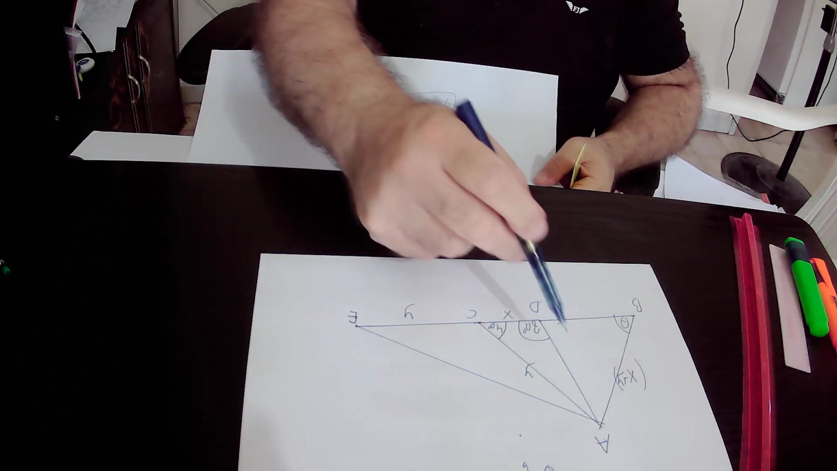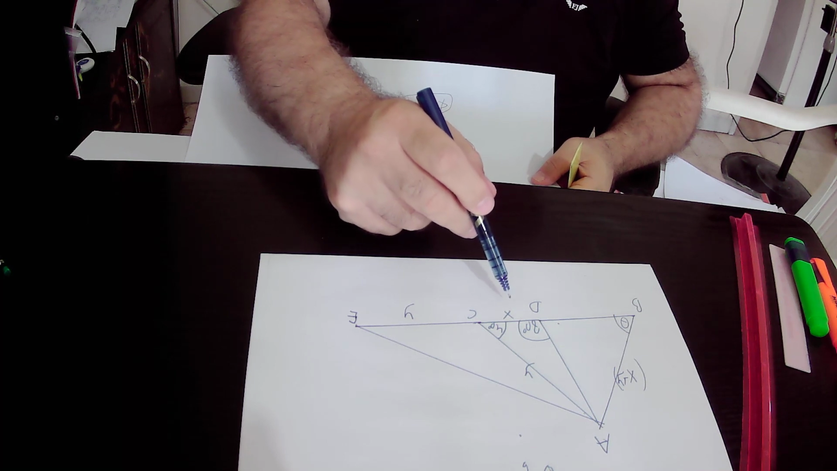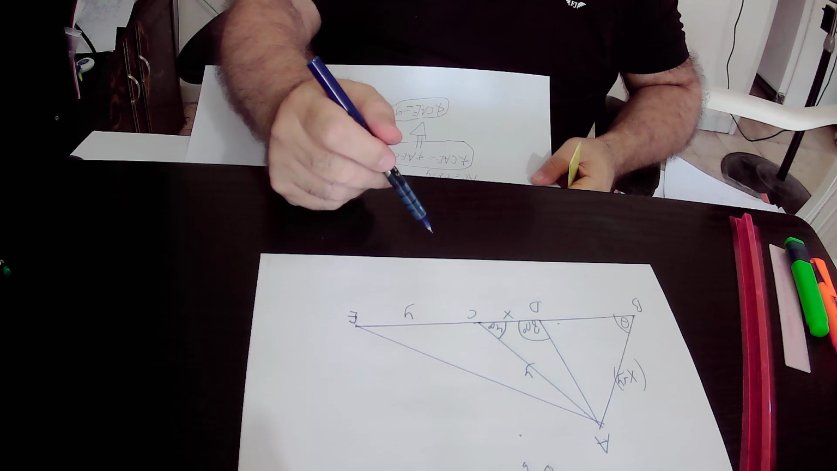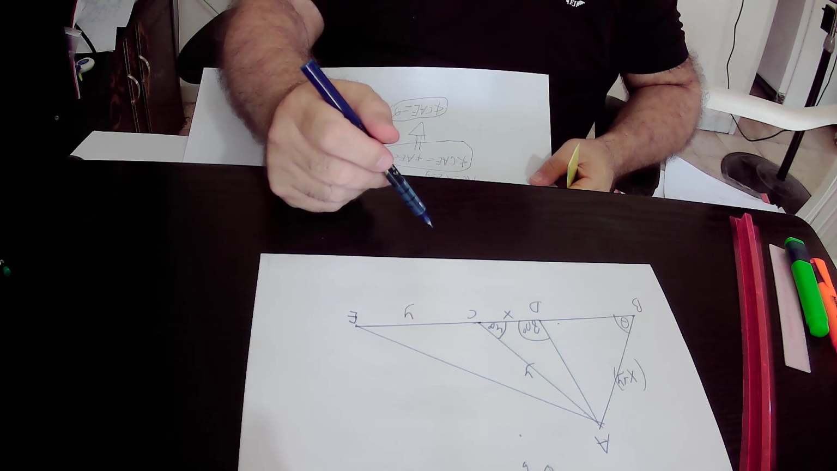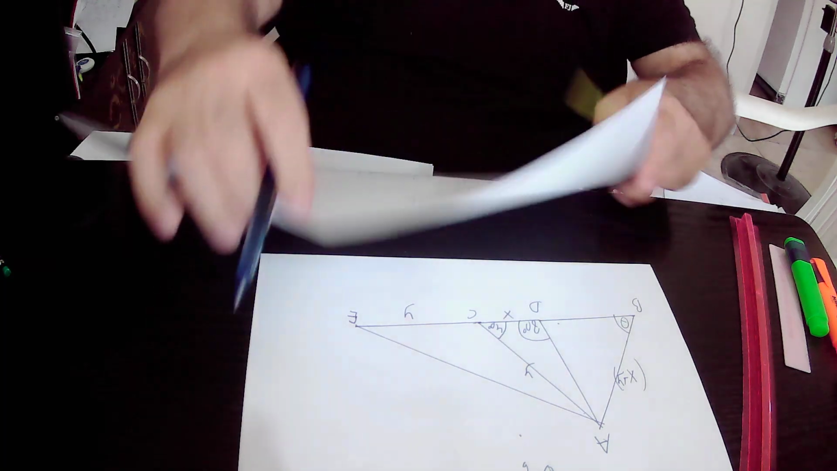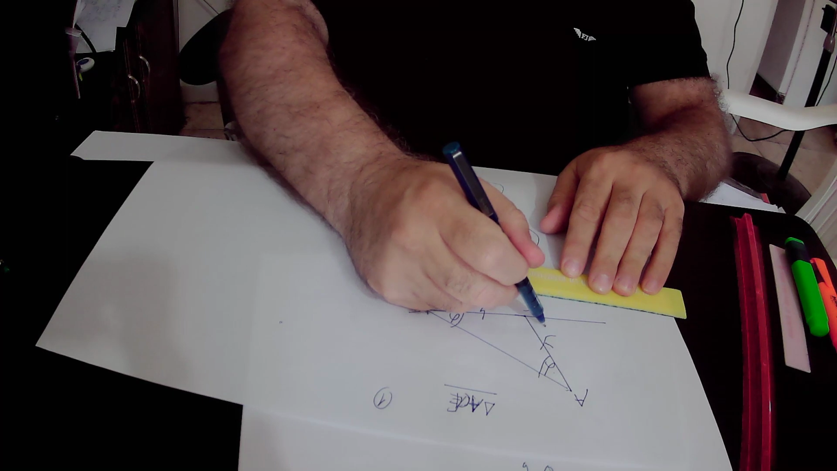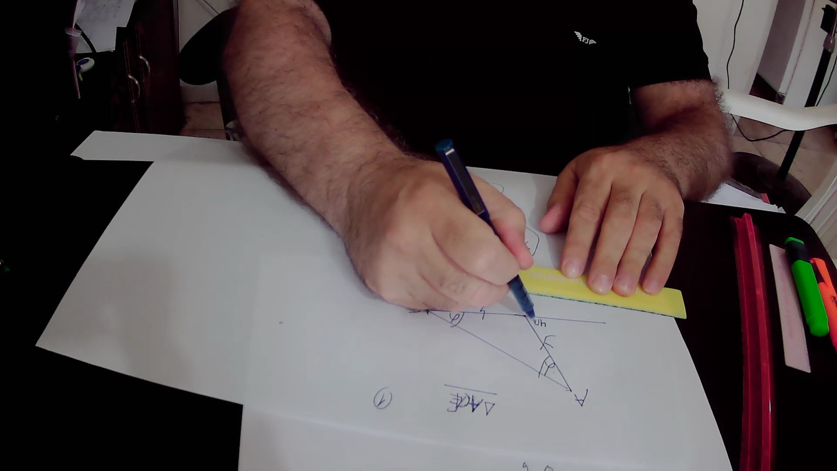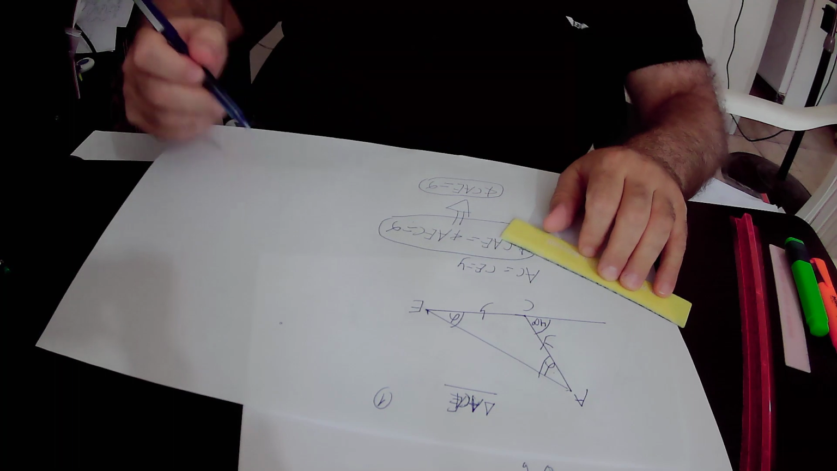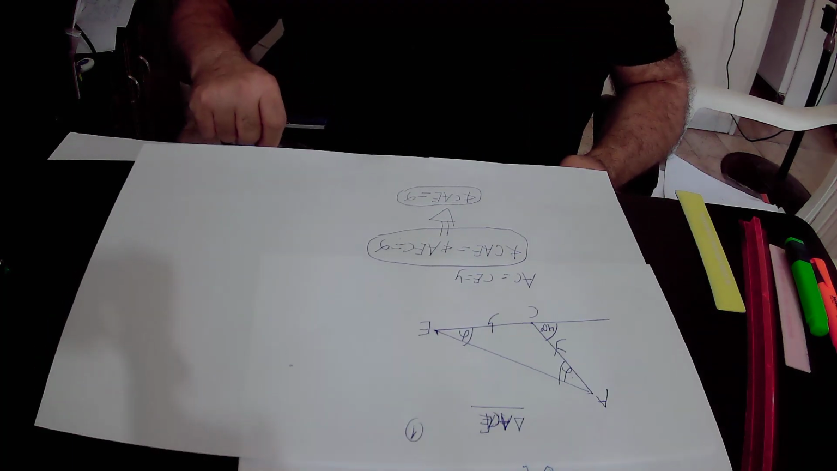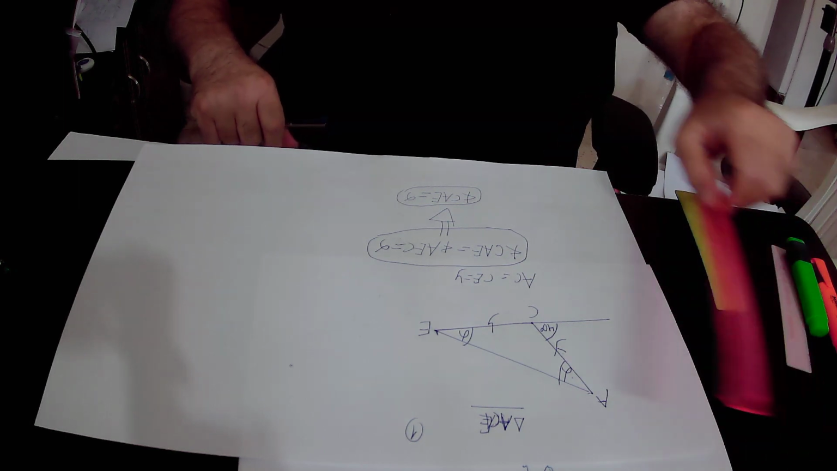Here, this angle, angle ACD or angle ACB, equals 40 degrees according to what is given in the question. So this angle is equal to 40 degrees according to what is given in the question. And we have the exterior angle theorem. According to the exterior angle theorem,